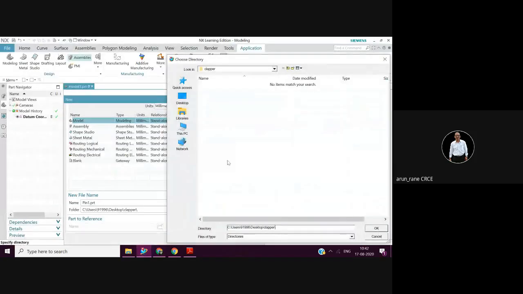Now you can see the directory, this Clapper folder. You can browse it and create a folder, and in that you can save it. Is that clear, Renan? Yes, sir. You know how to create a folder? On the desktop, you can create a folder, right?